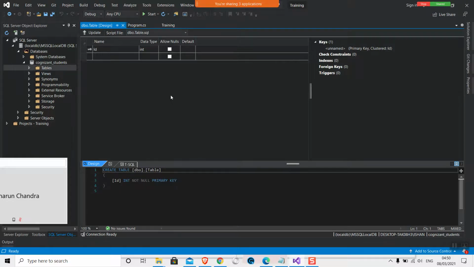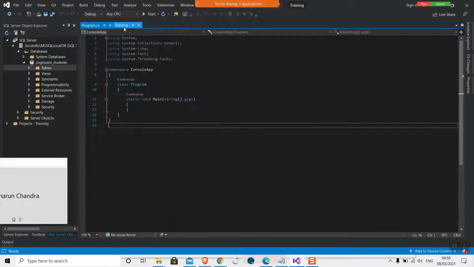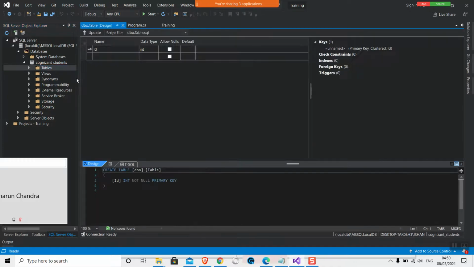So whenever you go through a UI part, you will always find... let me show the first from the side. First thing, you need to create a table. Come on this table folder, right-click, and then click on Add New Table. When you click it, you get the primary structure.